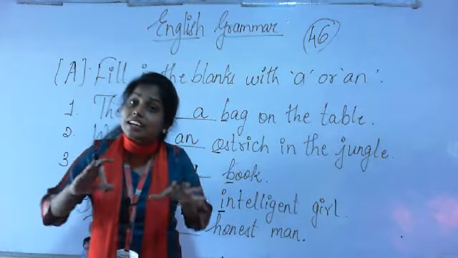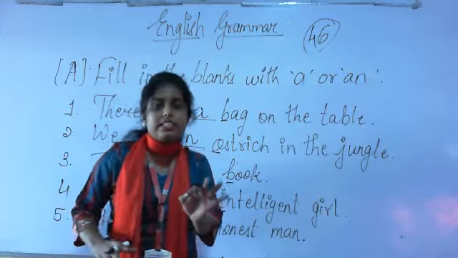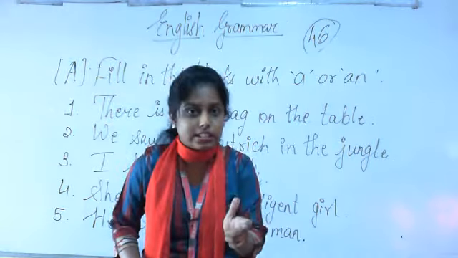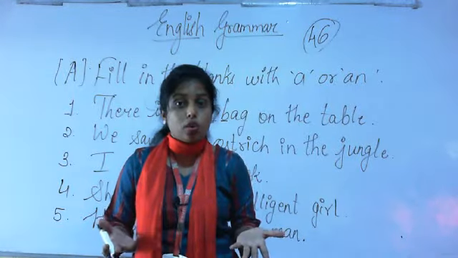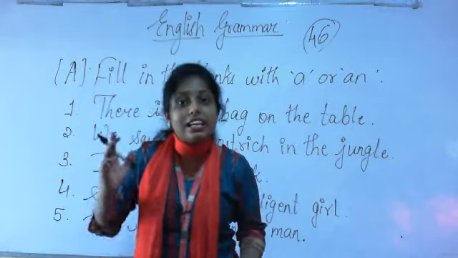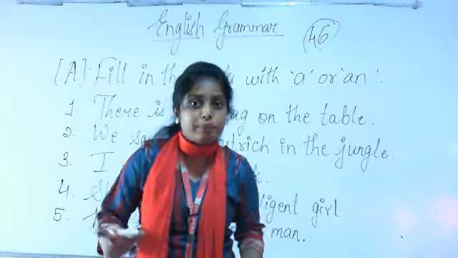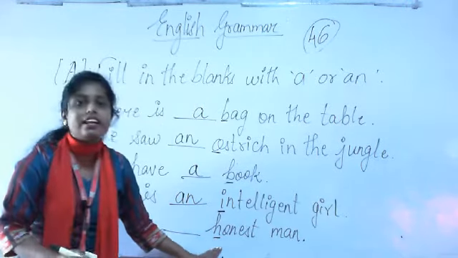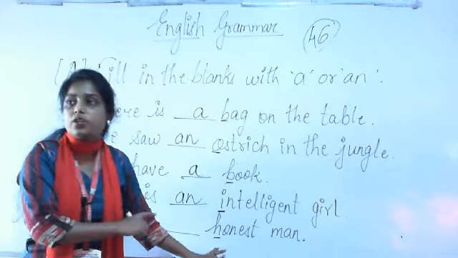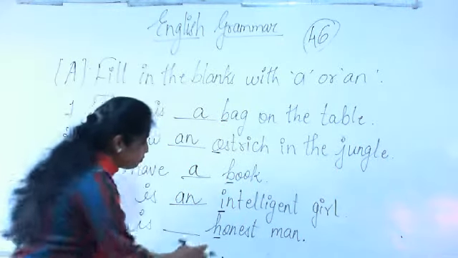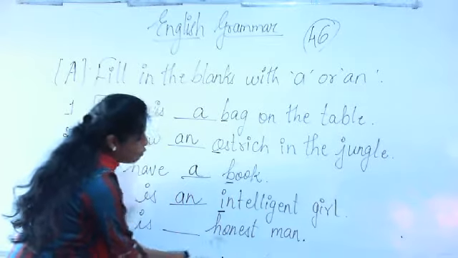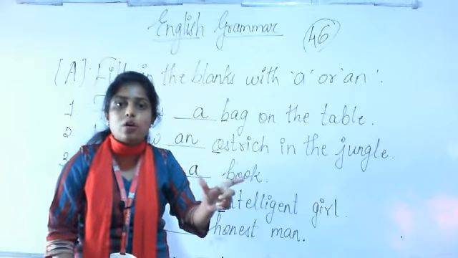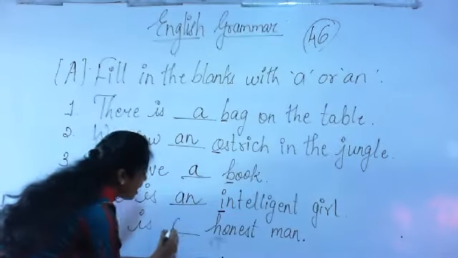Now look, he is an honest. Now beta, HONEST is not read as honest with an H sound, HONEST is read as honest. O sound is coming, it is read as honest. So O sound is coming. Now what is O? It's a vowel or a consonant? It is a vowel. All right. So honest. So with this word, it doesn't matter that this H is a consonant and with consonants we use A, okay? We have to pay attention to the sound. We have to look up the sound of that. So honest, O sound is coming. Just because of that we will use an here.